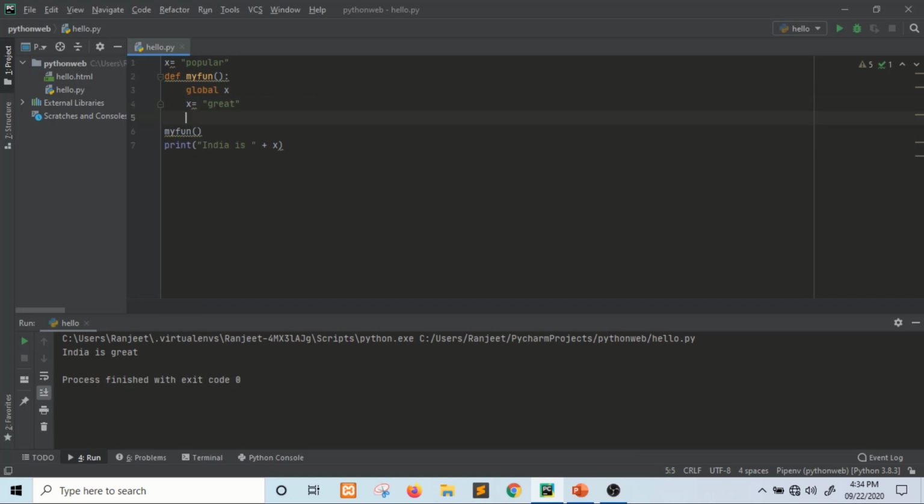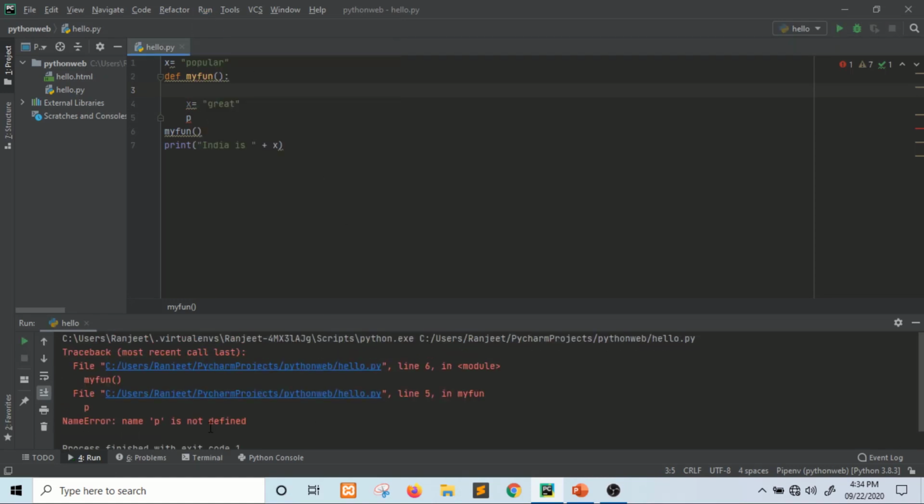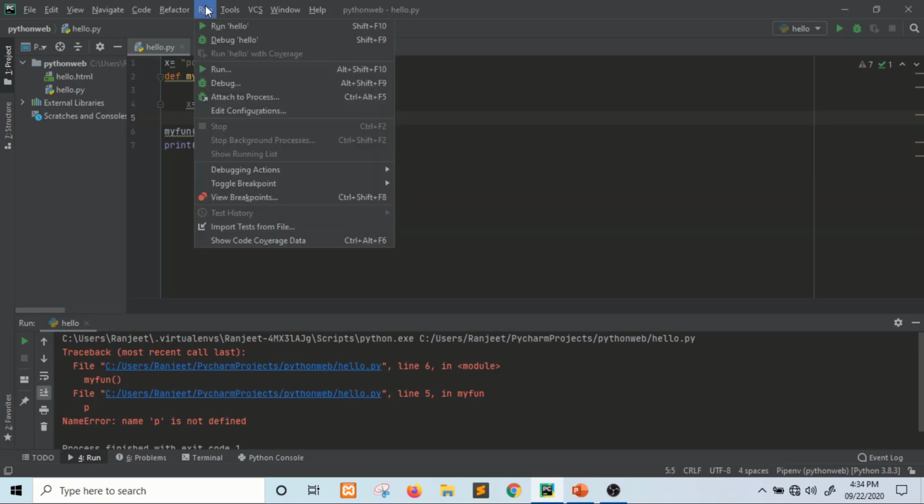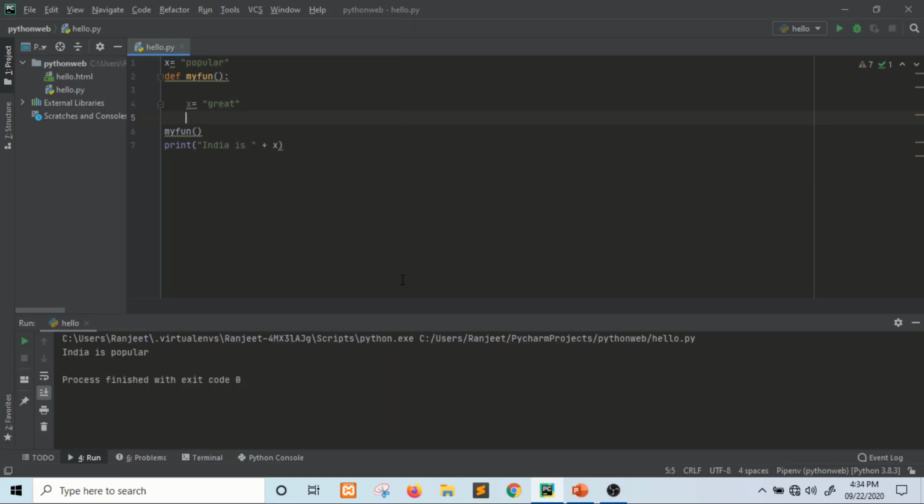And you can see that here also, if you omit this global x, there is an error, name is not defined. Sorry, now run this. Now it is taking the value of x as popular, right? Not taking great, because now popular is considered as the global variable.